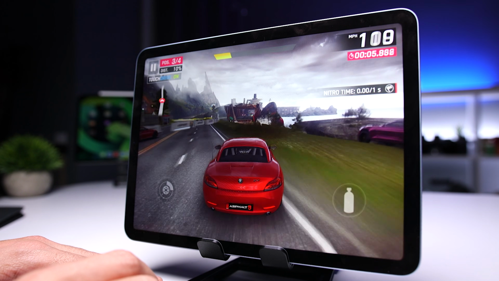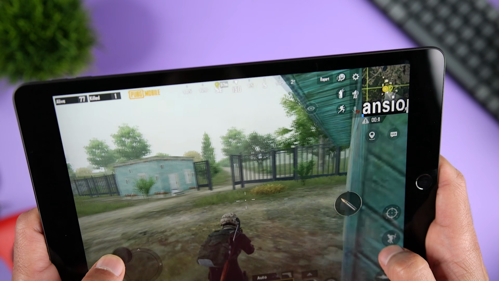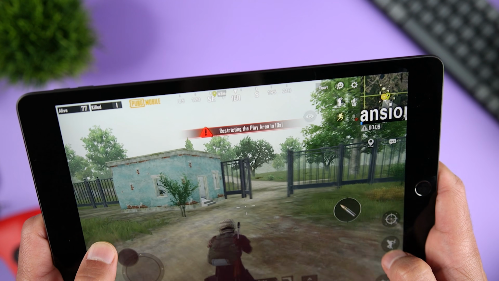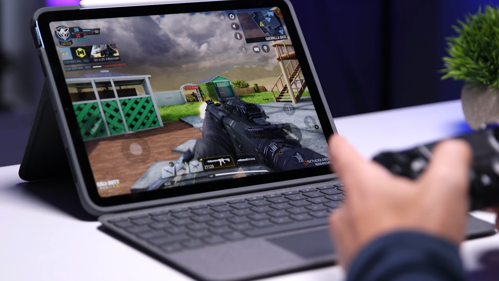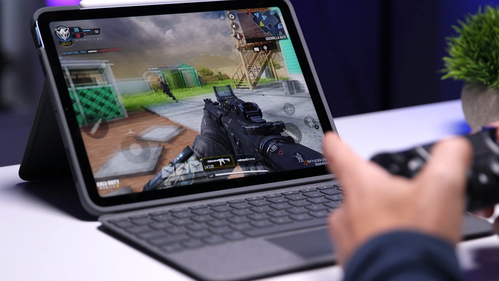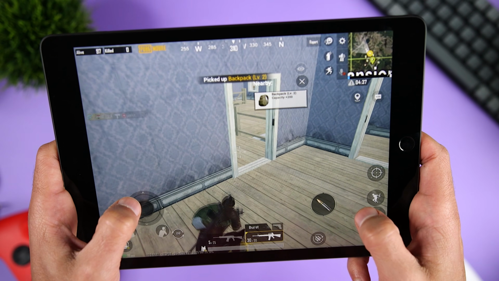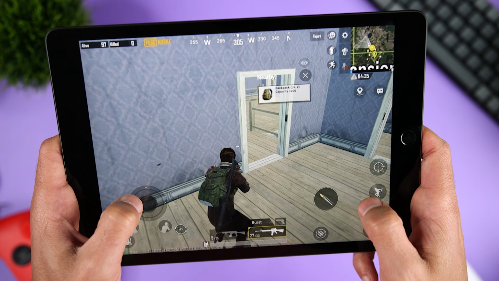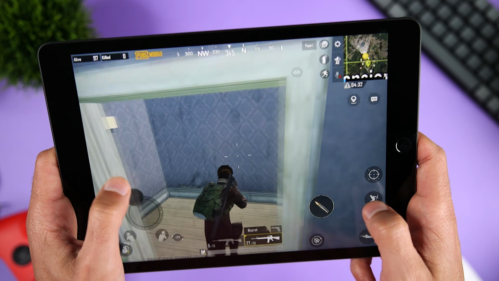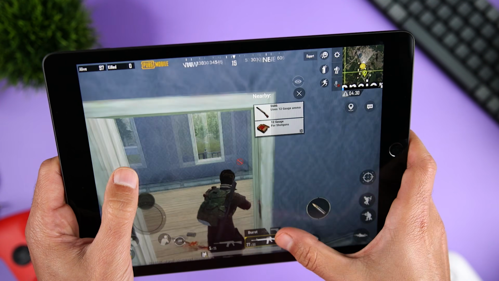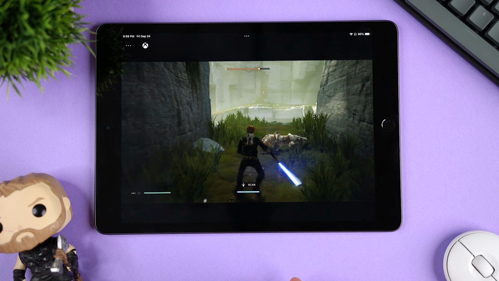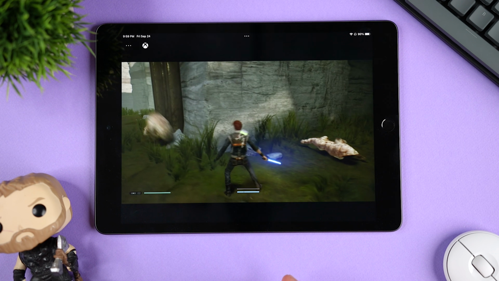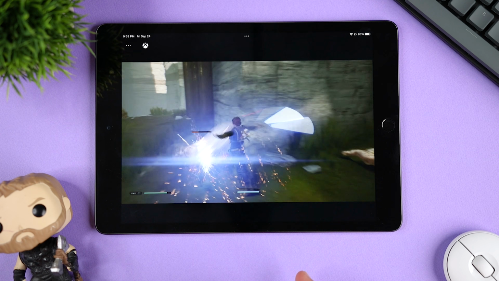As far as startup time for games, the two devices were quite similar, and even during gameplay, I wasn't really able to notice a major difference between the two. I played all my usual games, including Call of Duty Mobile and then PUBG with frame rate set to extreme, and both iPads did great. I also paired my Xbox controller with both iPads, and I played different games using Xbox Game Pass, and in both cases, gameplay was smooth and the devices were responsive and showed no lag as long as I had a fast internet connection.